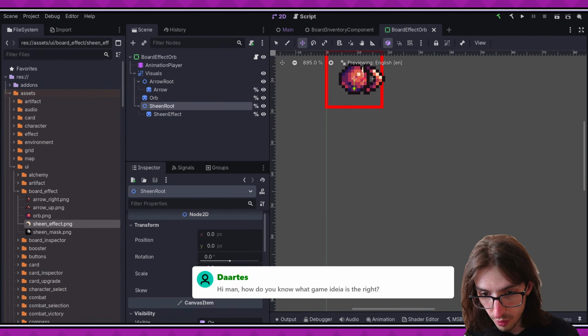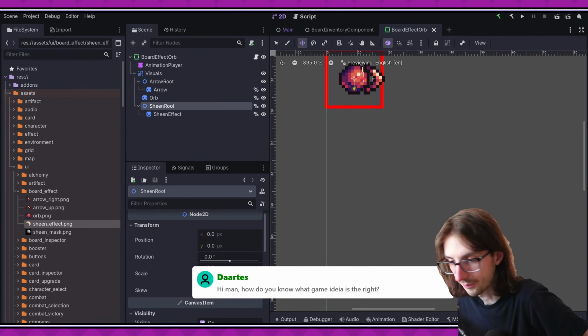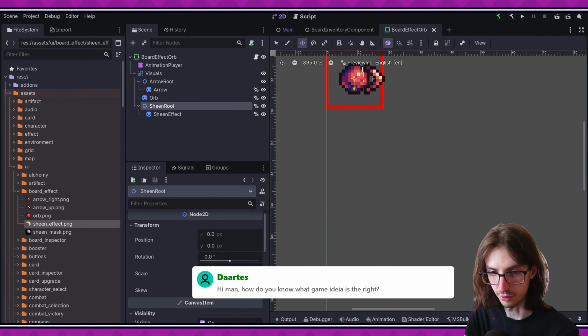How do you know what game idea is the right one? I don't think you ever know, right? I don't think that's possible to know. I think you can get some inklings of whether it's right. The best one is if you could show people your game and you get positive responses, right? So if you say, here's my game, here's the core mechanic, here's the hook, and then here's the art style. If people go, oh, wow, that art style is really cool, or, oh, that's a really interesting mechanic,